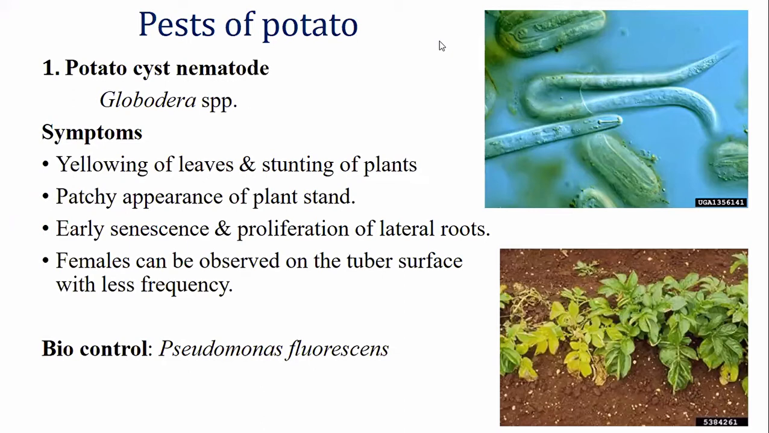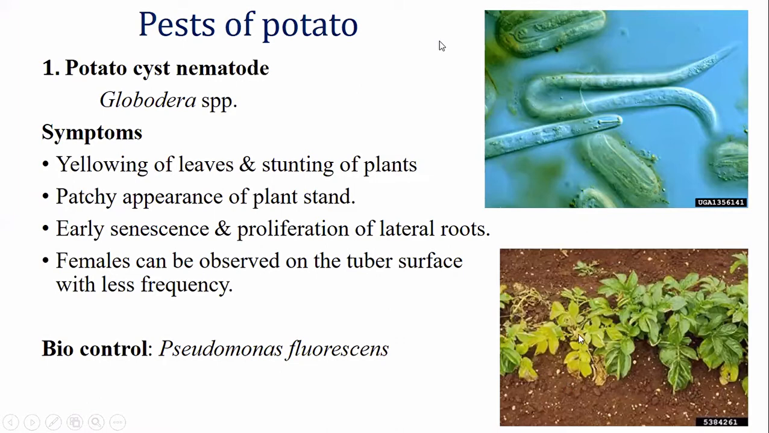Damage symptoms: these nematodes have a stylet. Can you see this one? This is the stylet. Due to the presence of the stylet, they pierce the plant root and absorb the plant sap. Because of that, the root system becomes damaged, so the plant has difficulty absorbing water and nutrients, so that